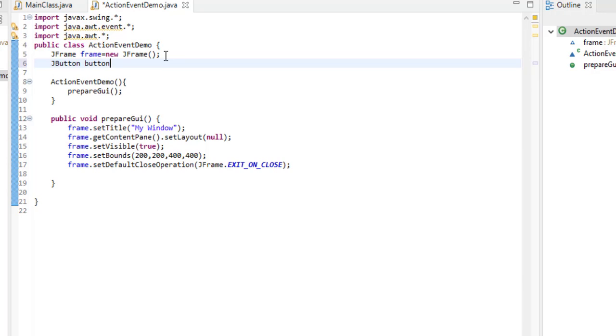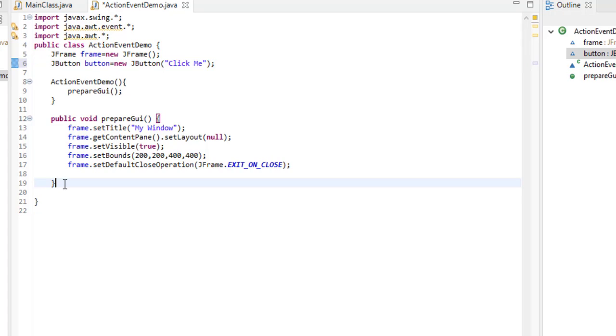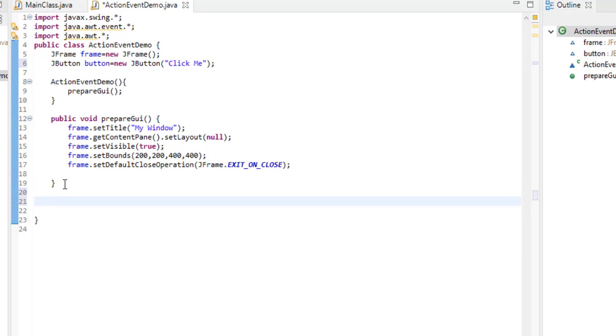JButton button equals new JButton, and give it a name, "Click me". Okay, now we will set the properties of the JButton using the user defined method, public void buttonProperties.